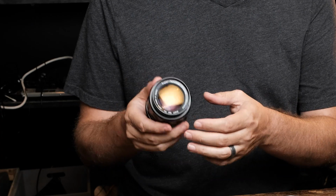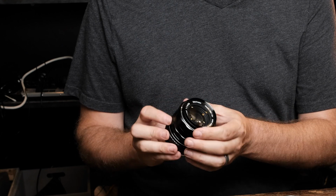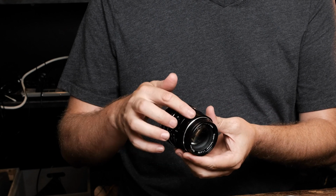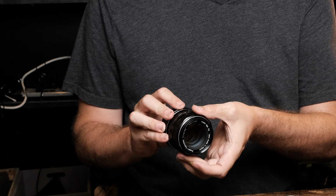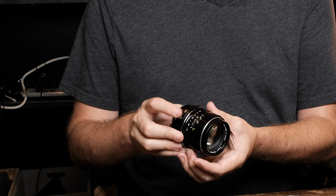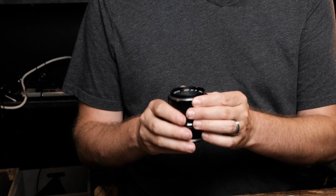So when it comes to using these, some are definitely more solid and pleasant to use than others, and the one that I actually like the most is this odd duck of the group, at least to use. This isn't necessarily my favorite lens, but it is my favorite to touch and feel. It's a solid lens with a great feel to it. This is the Super Takumar 1.4, of course. I really like these serrated ridges that give you that nice grip. It's nice and damped. The aperture also has those serrated ridges,